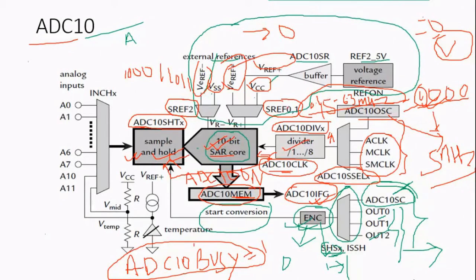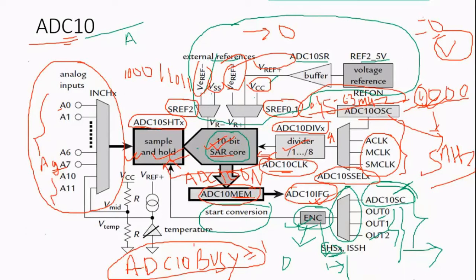From where will it capture the input? This is the analog input block. This is 10-bit. So A0 to A9 are the inputs. A0 to A9 are directly external inputs, and A10 and A11 are connected internally. A8 and A9 are optional. A0 to A7 is 8-bit. We are feeding the input.